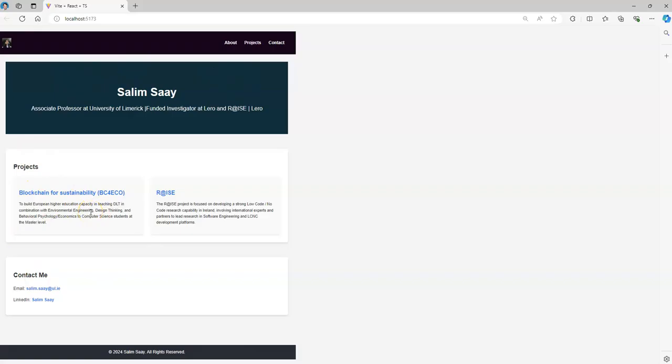We can make it much better. You see, for example, this is not full screen. It means this is not compatible with different screens. We can make it much better, but in this video I want to keep the video shorter. This video in this part is enough. Then we will enhance this, make it much